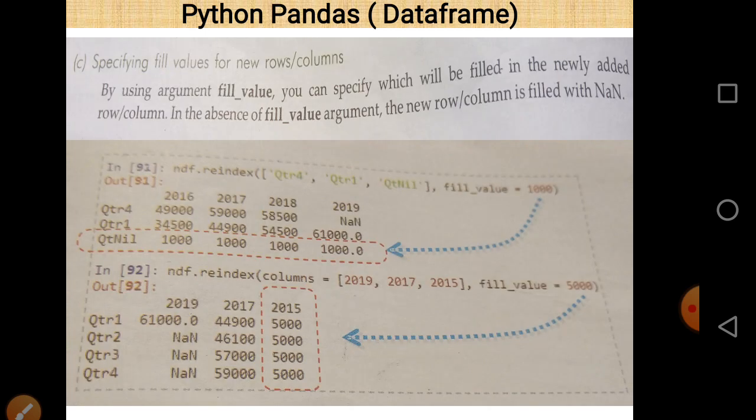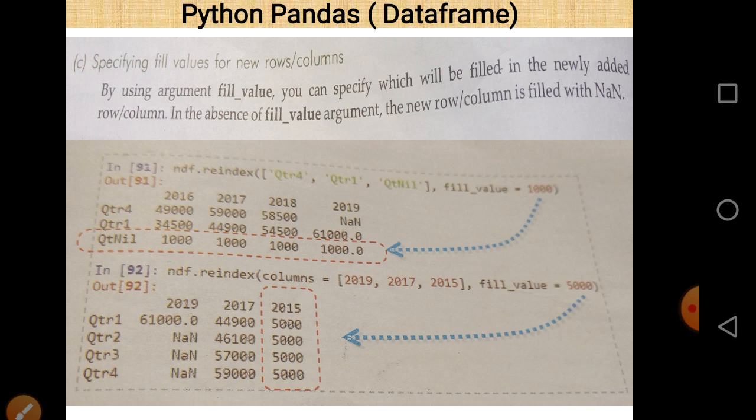Next is specifying fill with rows or columns. In the previous case we saw that for a column or index which is not part of the original data frame, when we use the reindex function, a value represented by NaN appears.